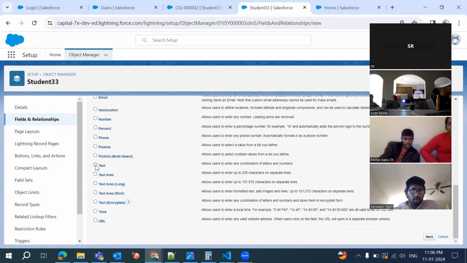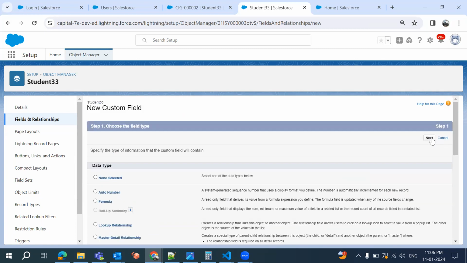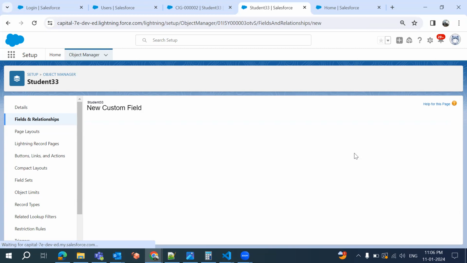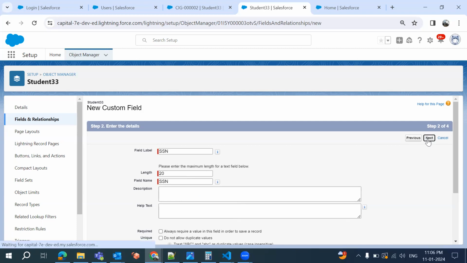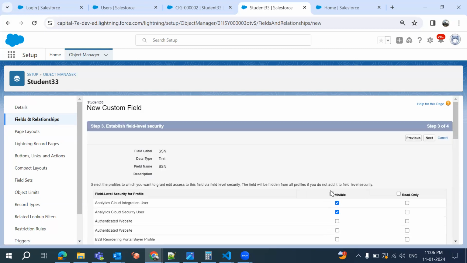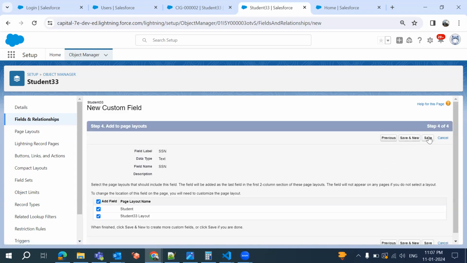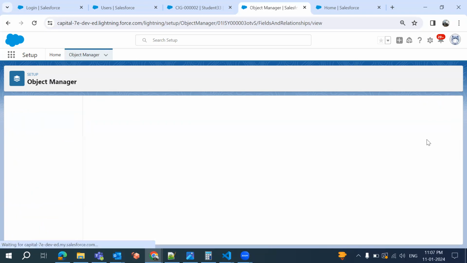Respond it. Number of text in. So here, number of text. So I'm going to give SSN. So length, I'm giving 20 characters. Again clicking on next. Under profile permissions, I gave for all the profiles, and simply saving these two fields,